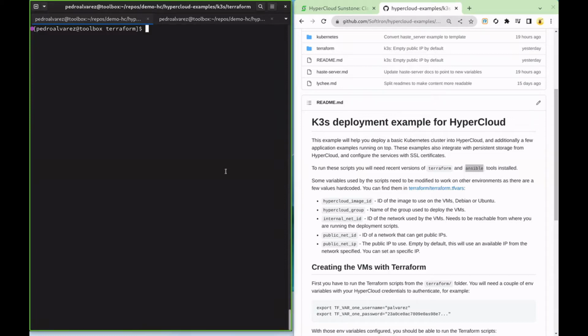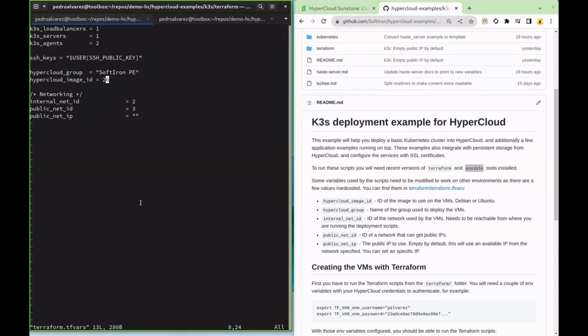In particular, in the Terraform folder, we will find the Terraform tfvars file that contains a couple of variables. Here, you will find the network IDs used for these VMs that we might need to modify for your environment. The internal network ID is the network that is going to be used for internal communication between the VMs. And the public network ID is the ID of the network that is going to be publicly accessible from the